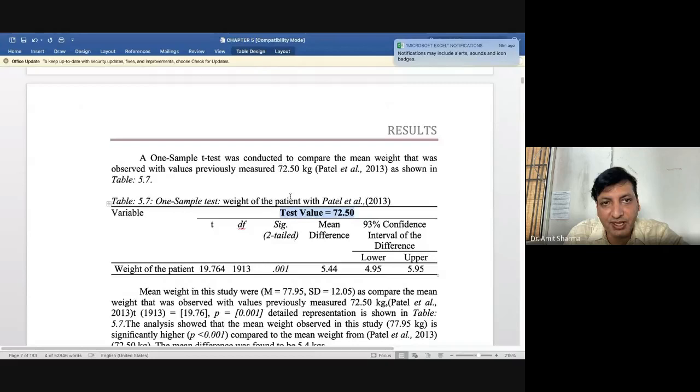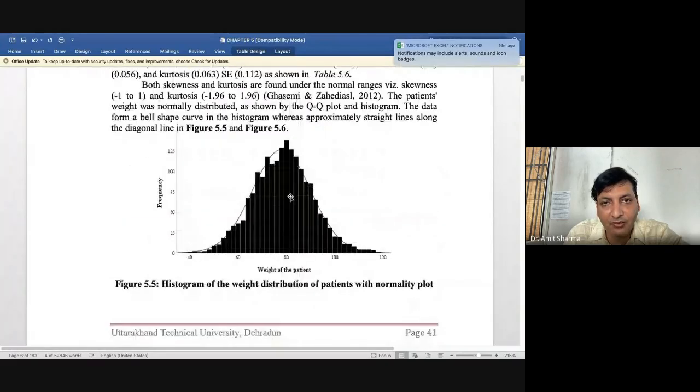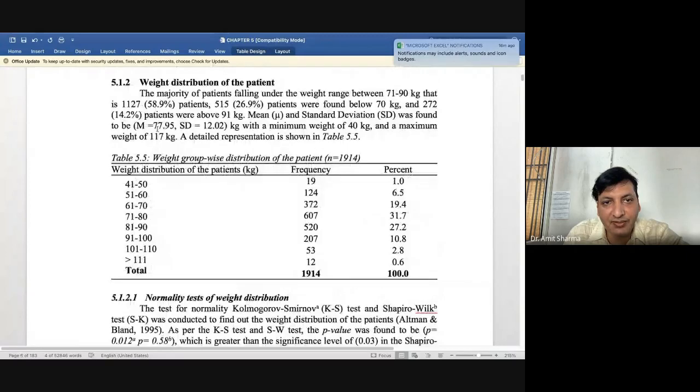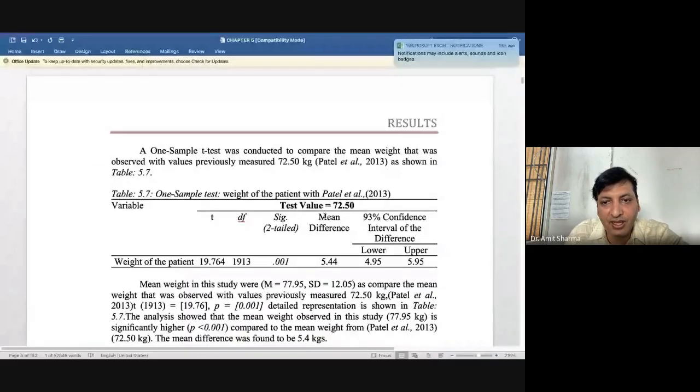I have taken the value of my study, where my mean weight was 77.95. So I was comparing this 77.95 with 72.50, and we can see that between 77 and 72 there is a difference of around 5 kgs.